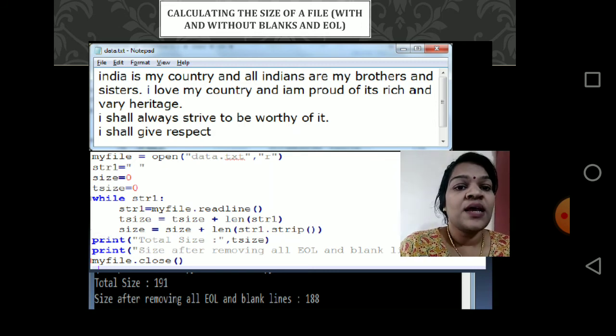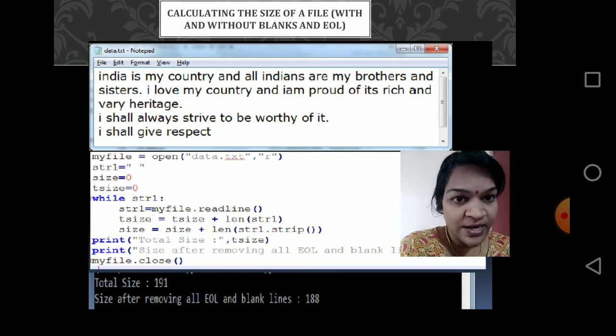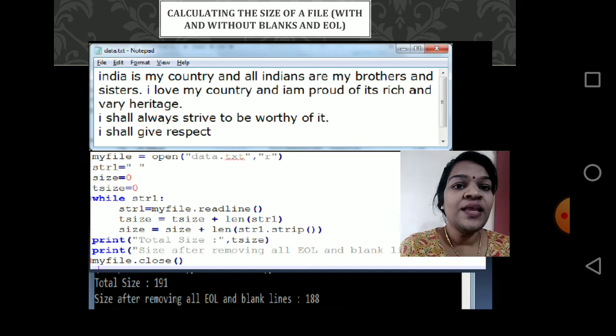tsize will contain the running total, and this continues until all lines are read. So ultimately after the loop, tsize will contain the total size of the string in the file, including the blanks and end of line.